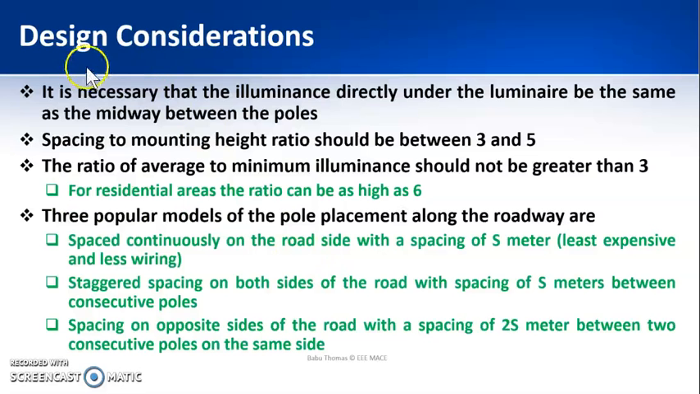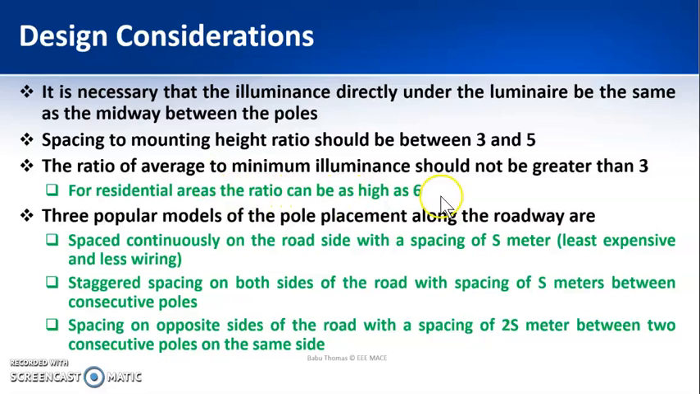So the design considerations are, it is necessary that the illuminance directly under the luminaire be the same as midway between the poles, that is, to have a uniform illuminance throughout the road. Next is the spacing to mounting height ratio. Mounting height is nothing but the height of the pole. Spacing is the distance between the poles. It should be a value between 3 and 5. The ratio of average to minimum illuminance should not be greater than 3,